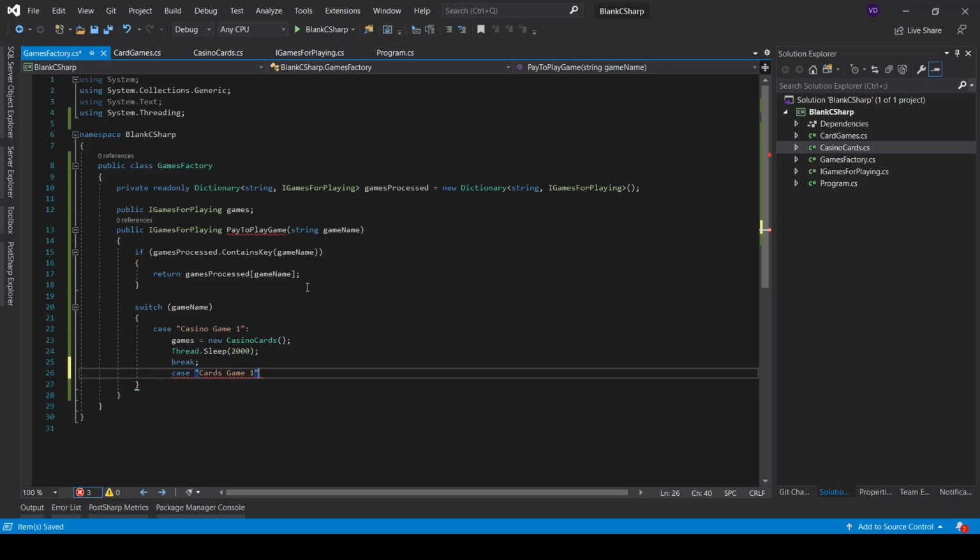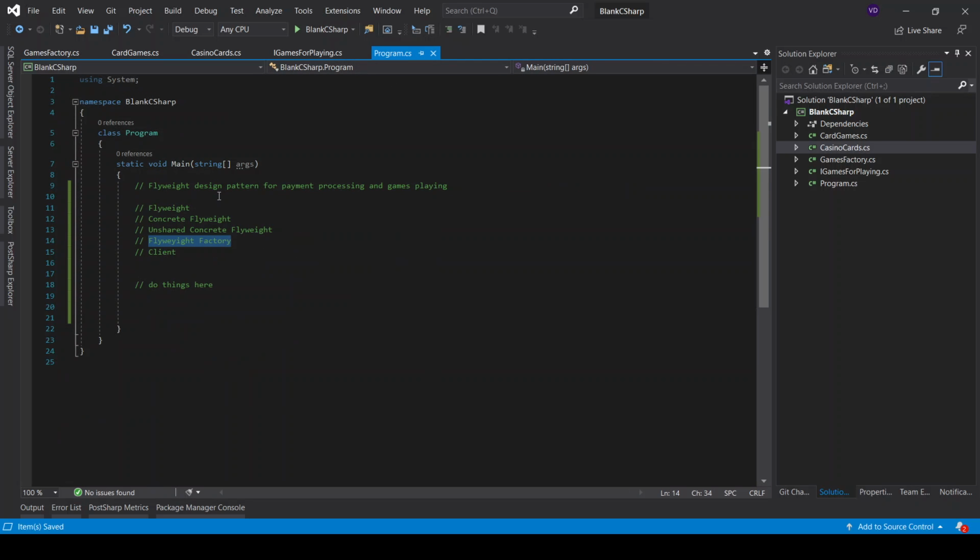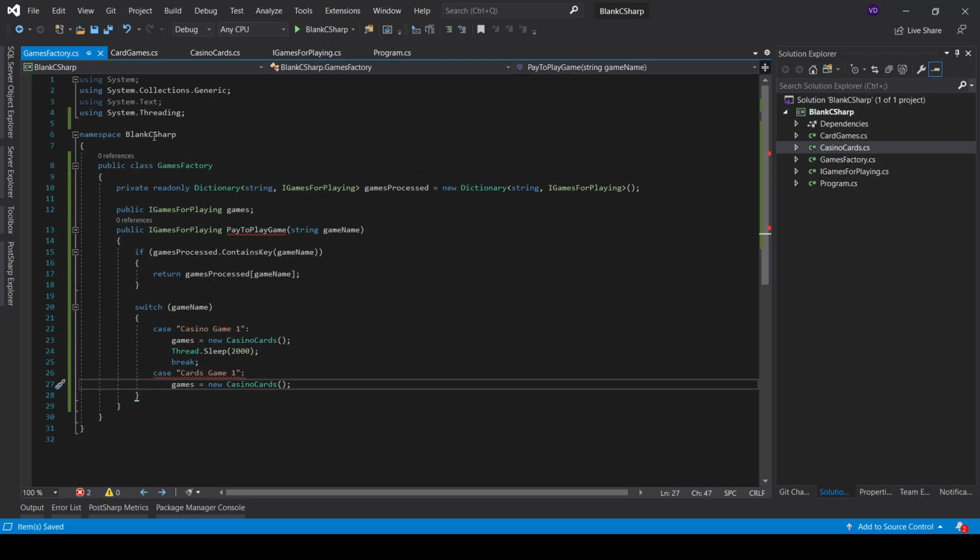Now I believe that at this point you're getting my point and how Flyweight benefits you. Then I will just create an instance of the casino cards concrete class. So what did we say at the beginning? That the Flyweight design pattern reuses